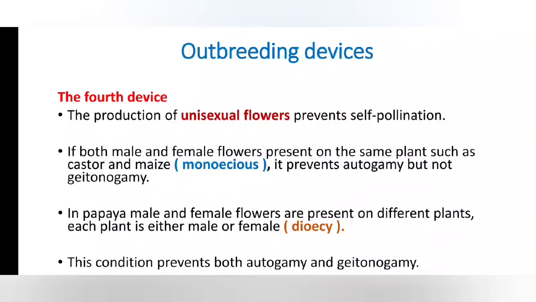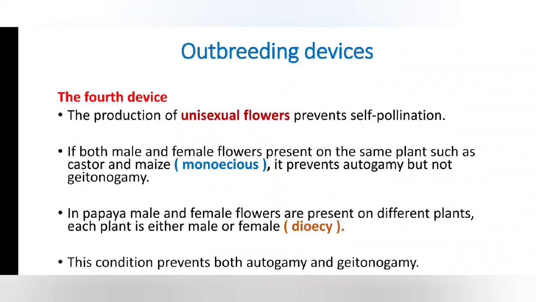If both male and female flowers are present on the same plant, such as castor and maize, that is monoecious, it prevents autogamy but not geitonogamy. In some plants like castor and maize, both male and female flowers are present on the same plant. So in this case what happens? Autogamy is prevented but not